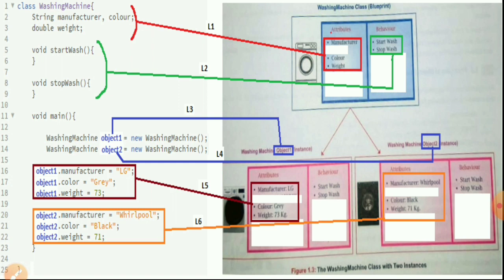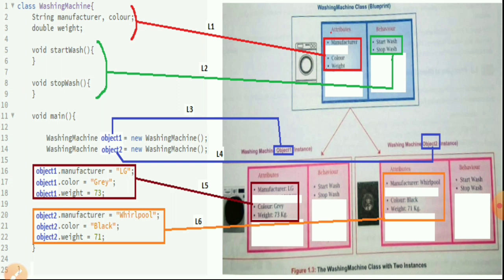The function starts at line number 8 and ends at line number 11. That is stop wash, while the start wash function starts at line number 5 and stops at line number 6. I have deliberately not written any code inside those functions, to keep things simple.